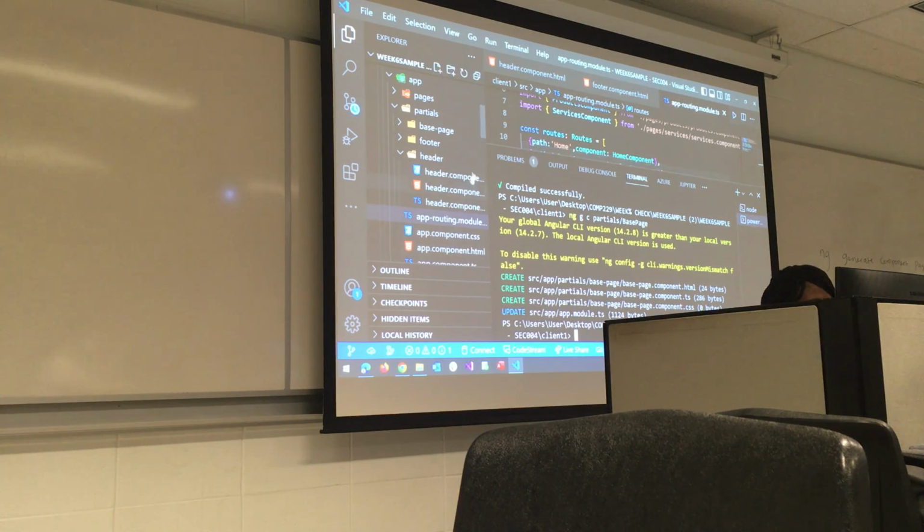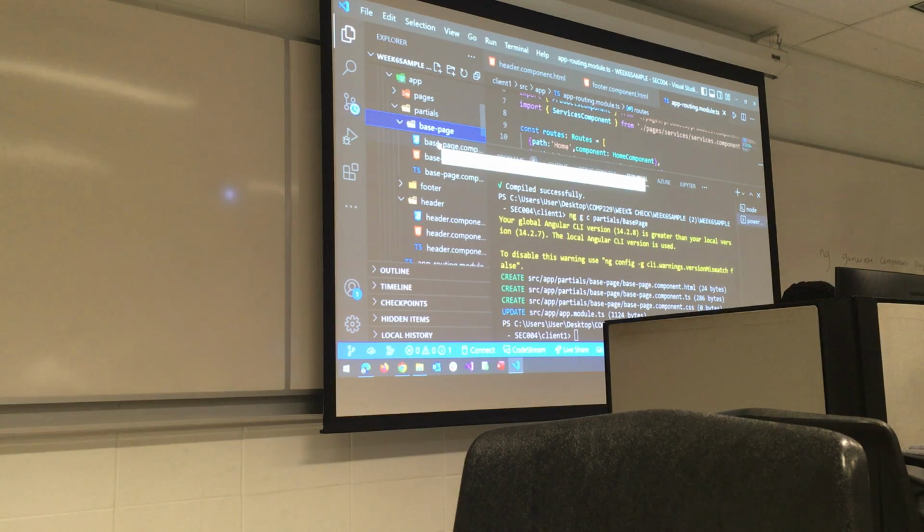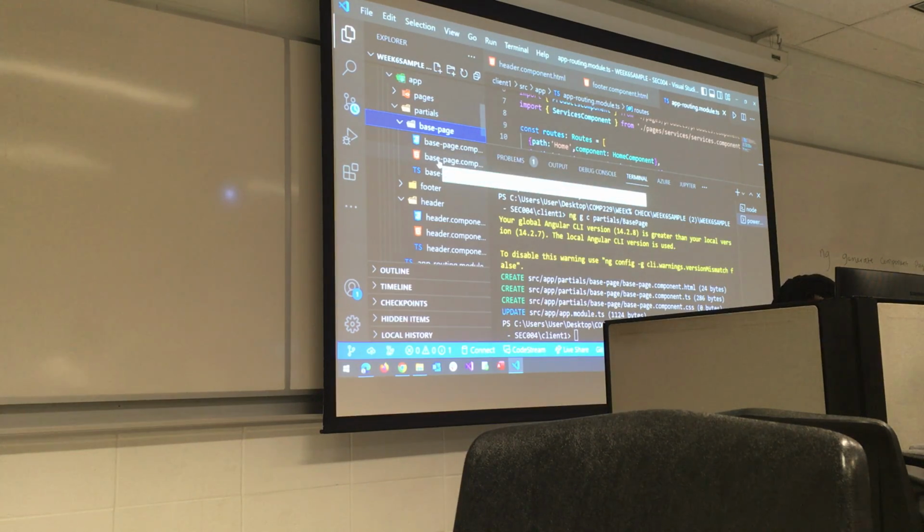So if you look at the left hand side, you see the base page folder there, right? Open the base page folder. We have the base page component.css for the CSS, we have the base page component.html for the HTML, and we have also the base page component.ts.